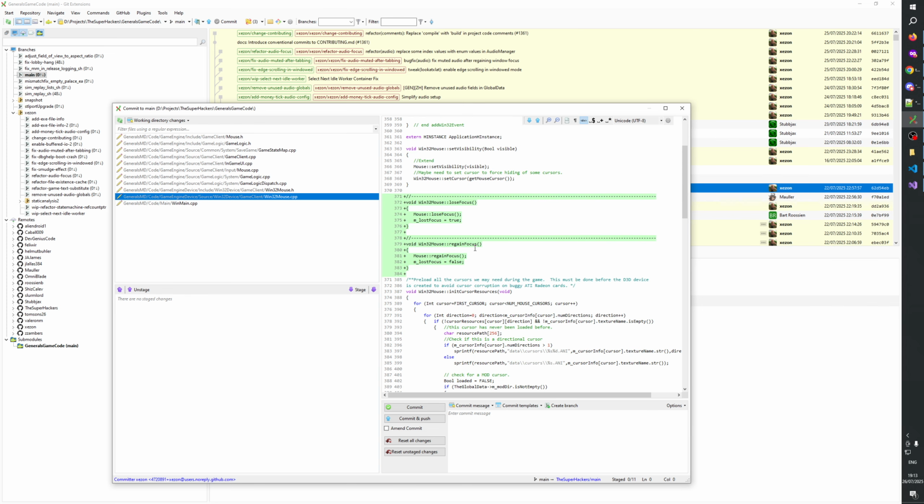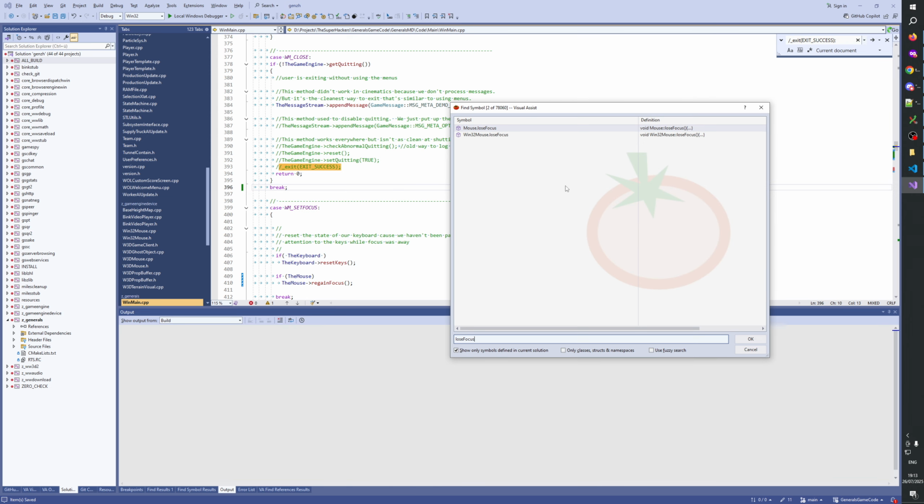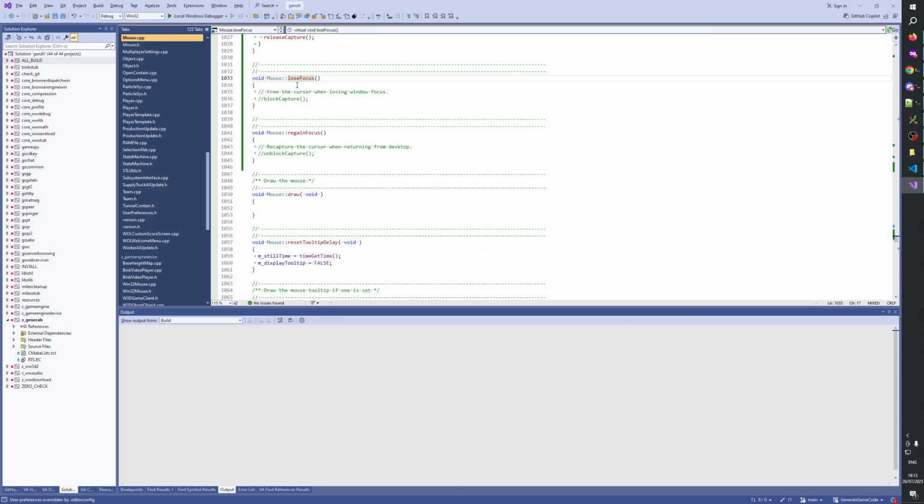Okay, so we have a lose focus, we have a regain focus. Good, then we move this here back.